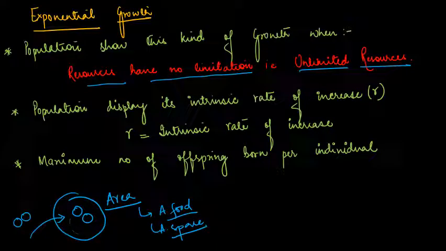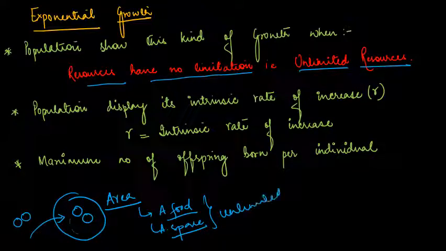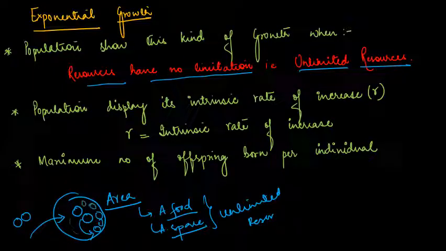So in this case, only two organisms are present in an area. So this is what we call unlimited resources. Now what will happen? They will utilize the resource and they will reproduce. So once they reproduce, the number of individuals increases in this area, right? When the number of individuals increases, there develops a competition. Why? Because there will be shortage of food, there will be shortage of space, right?